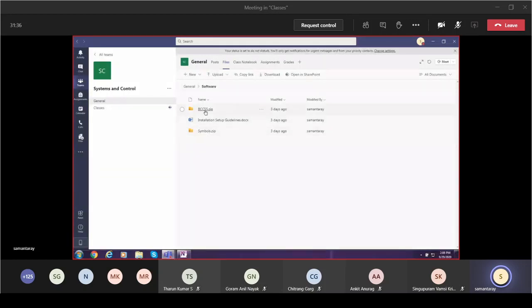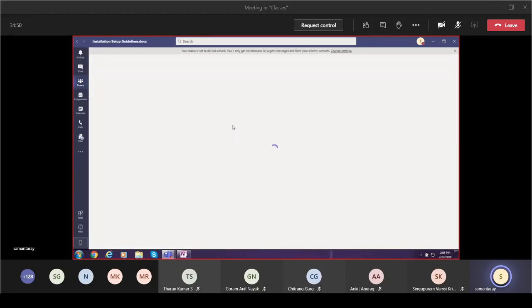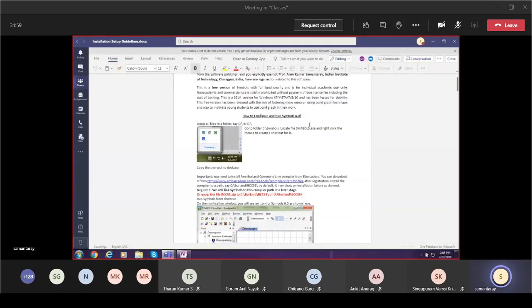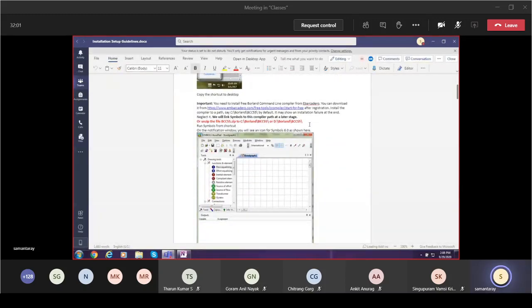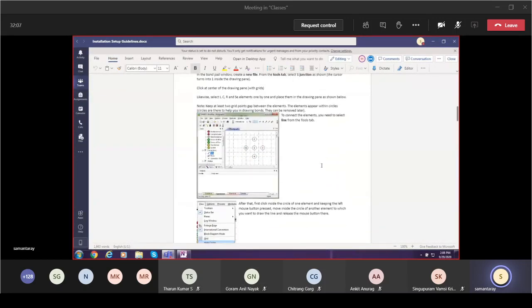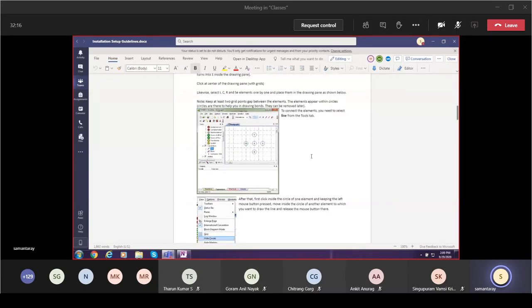So you can install this software. I have not given the installer. I have just given the zip file, and here are the installation setup guidelines. Inside that, you will see how to set up this software. All details of how to set up this software are there, and with the given software, you can draw your bond graph model. How to draw that bond graph model is also given. So you can simulate a very simple single degree of freedom system as the instructions are given.